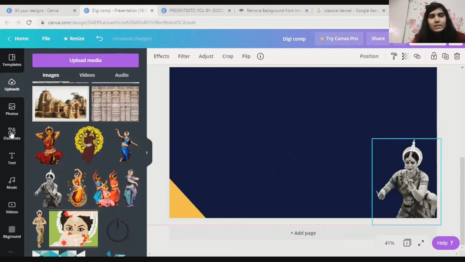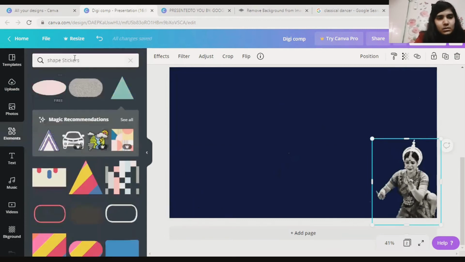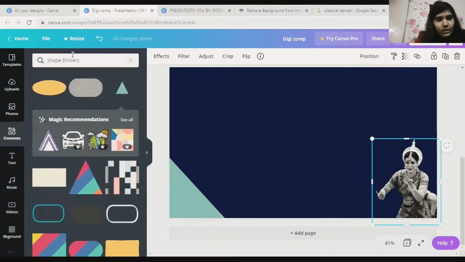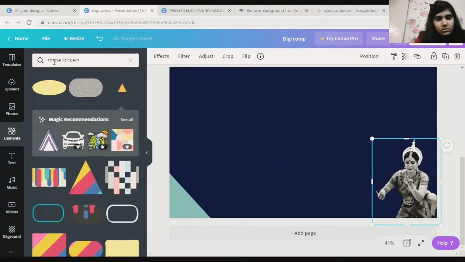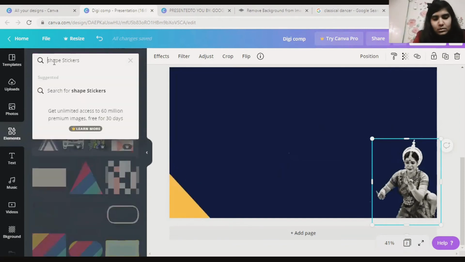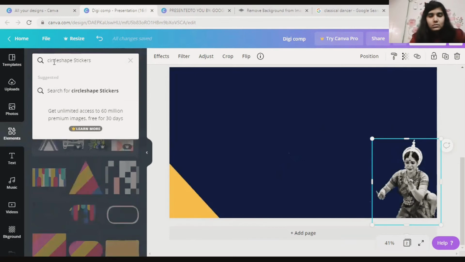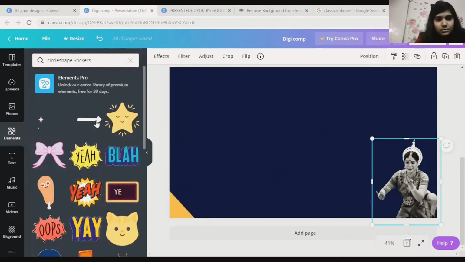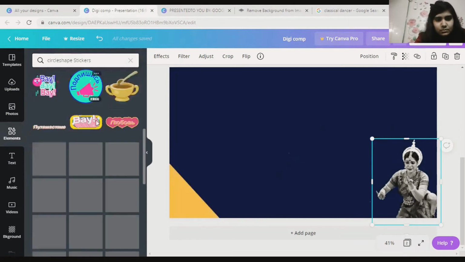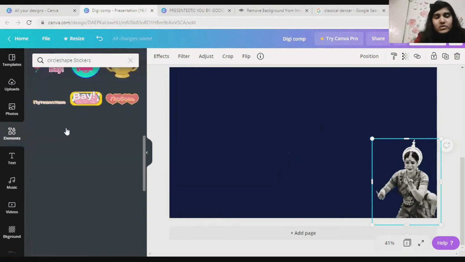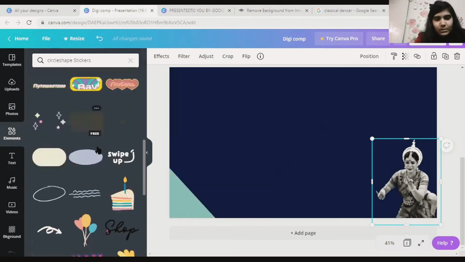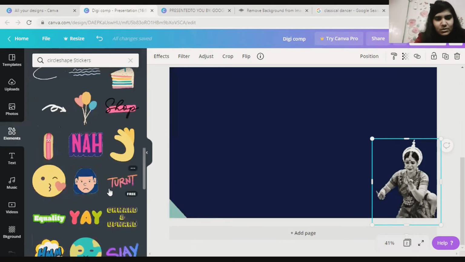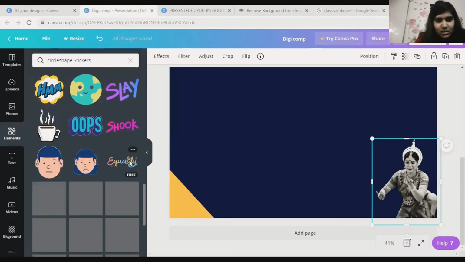I'll go to elements. Let's click one. They have changed the type of this, so that is why it's not easily available.